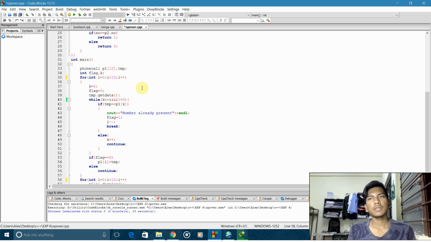So checking for the number in the array. First I will start a loop for 10 times, as every time I have to input 10 numbers. I'm repeating the loop 10 times. First I initialize k equal to 0 and flag equal to 0, so that every repetition these are initialized to 0. Next I will get data, that is get the input in temp, and then